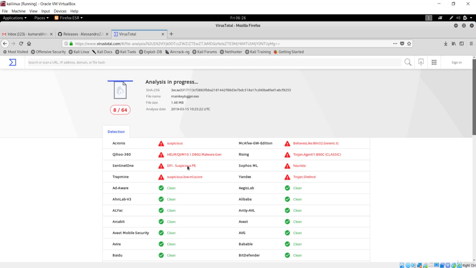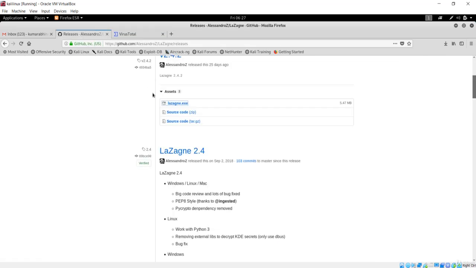If you want to make the code so that even this type of antivirus doesn't track you, you can simply change your code in a way that it isn't traced by them. You can check the documentation of these antiviruses, see how they work, and make changes to your code accordingly. In this lecture we are going to talk about another important program, and that is Lazagne.